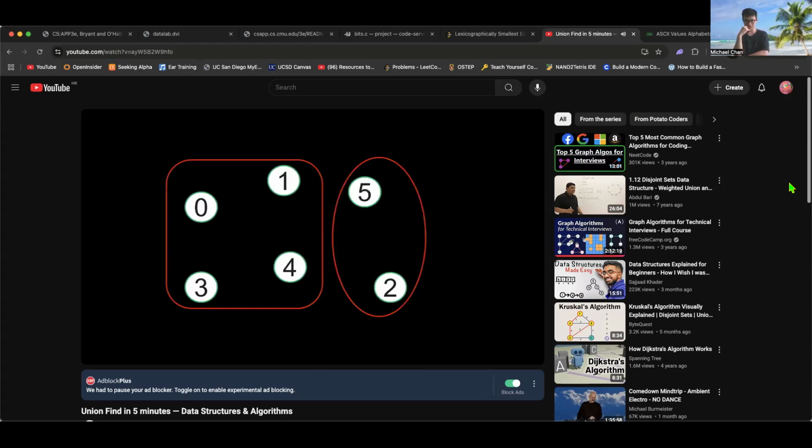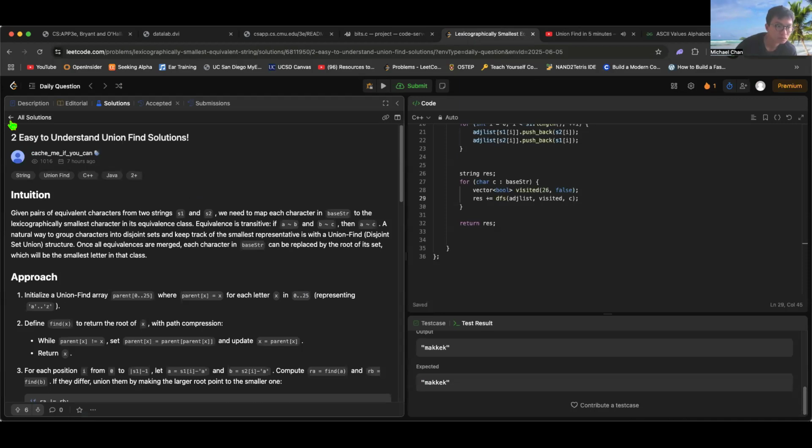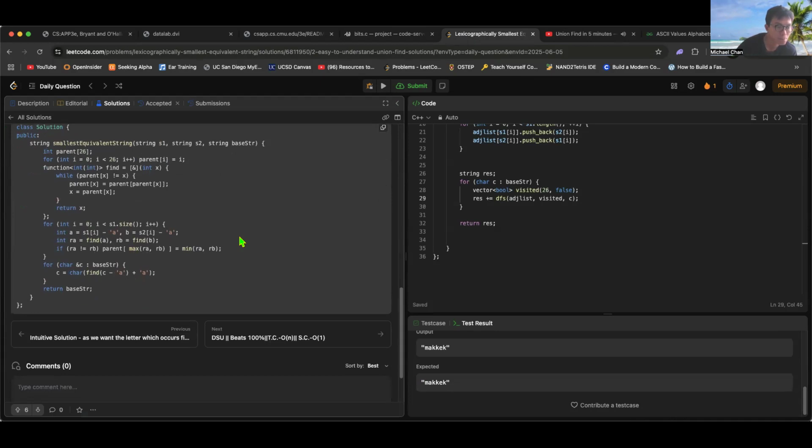And the way we do that is to connect all the objects that belong to the same group with an edge, like so. Now, remember we need to find a way to determine which group each element is in. To do so, we designate a representative element for each group. This element will represent the entire group it belongs to, in the sense that the find function will always return the representative. For example, when we call find of 4, the representative of the group that 4 belongs to is 0, so therefore we return 0. And of course, the representative will return itself. As another example,